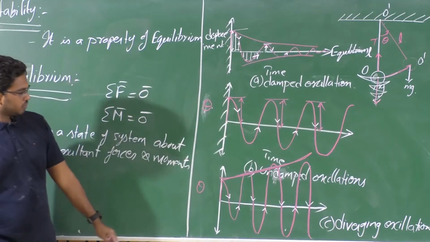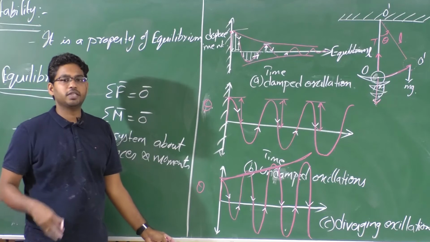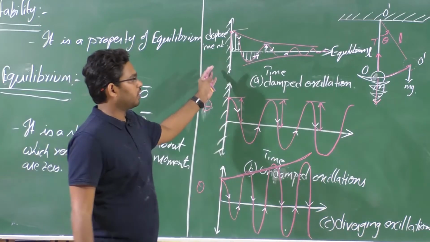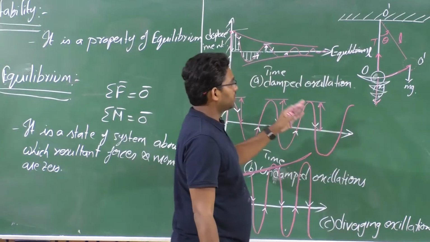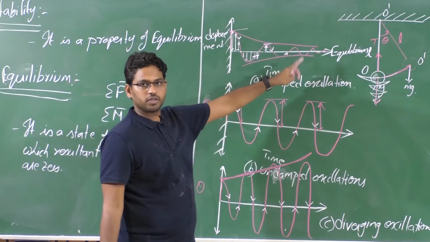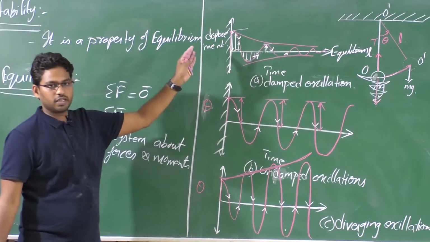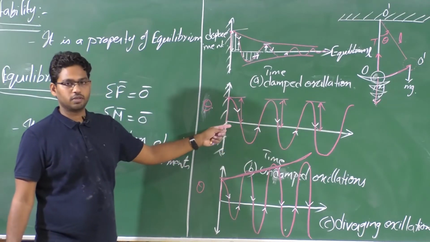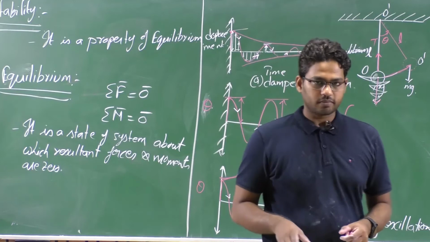Right? So though the system is statically stable in all three cases, we can't claim it is a stable system. Why? Because it is not dynamically stable. So static stability may not guarantee the dynamic stability of the system. But when a system is dynamically stable, it guarantees static stability. That is what we noticed here, isn't it? The system here is dynamically stable, which means it guarantees static stability. In the other two cases, the system is not dynamically stable, but still possesses static stability. So static stability may not guarantee dynamic stability, but dynamic stability guarantees static stability.